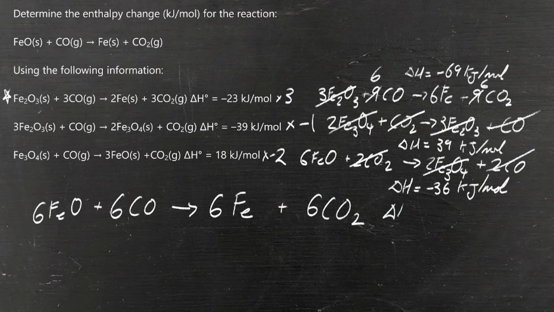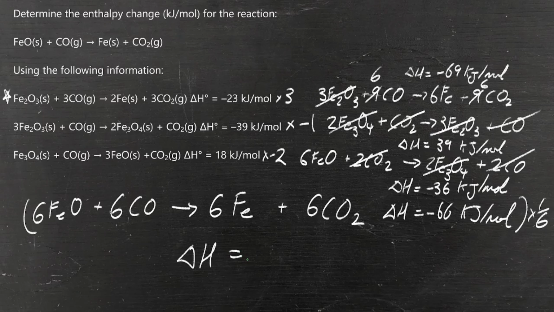And our enthalpy change for this is negative 66 kilojoules per mole. So all we have to do now is divide everything by 6, and we get that the final enthalpy change for the reaction as written up above is equal to negative 11